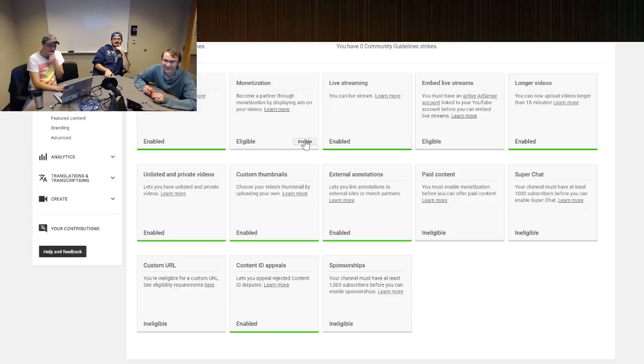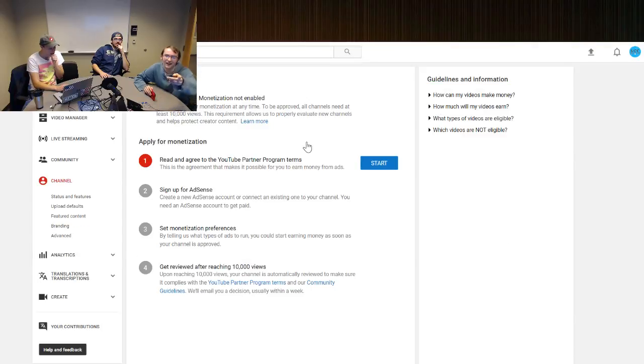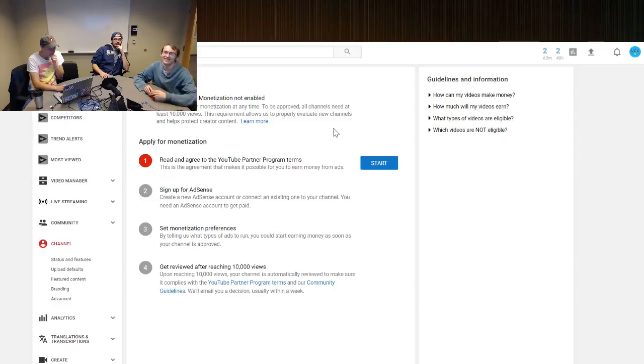This is strange. Why is this saying that I'm able to enable monetization? Where would this even bring me? Oh, yeah. Okay. So you can get up to step 4 done. Oh, okay. Which I've done. Okay, yeah, you can sign up for AdSense and all that, but not actually get it. Yeah, you can't actually get it till you reach 10,000 views.